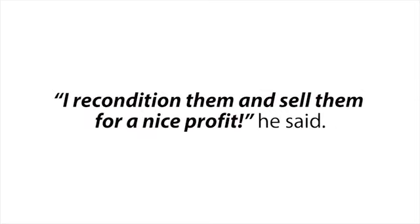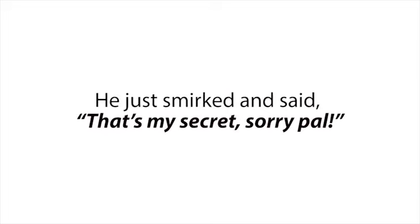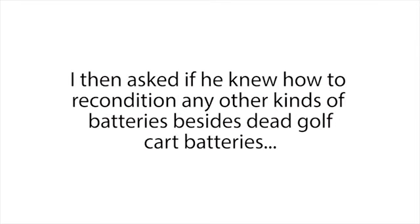"I recondition them and sell them for a nice profit," he said. "How do you do that?" I asked. "They're completely dead." He just smirked and said, "That's my secret. Sorry, pal." I then asked if he knew how to recondition any other kinds of batteries besides dead golf cart